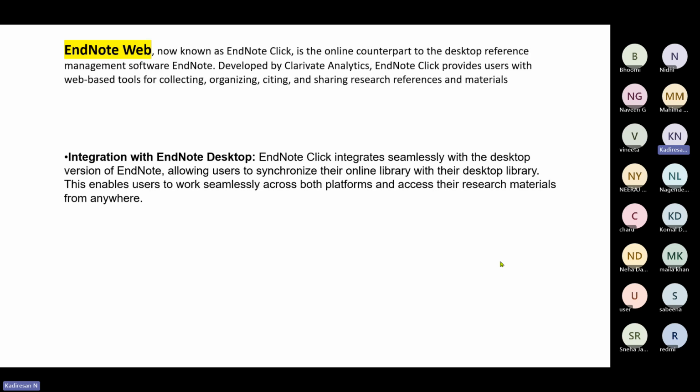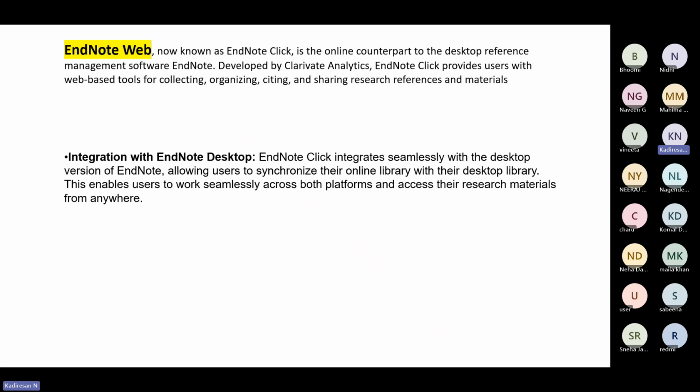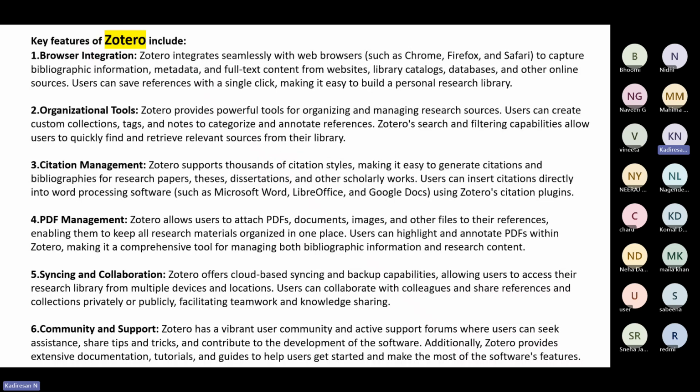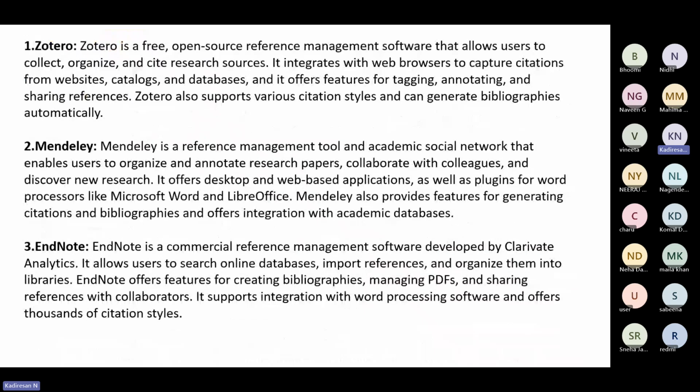EndNote Click integrates seamlessly with the desktop version of EndNote, allowing users to synchronize their online library with their desktop library. This enables users to work seamlessly across both platforms and access their research materials from anywhere. Okay, so this is another advantage of using EndNote web. So I have just given an explanation of Zotero and EndNote. During our practical classes, I will give a practical session on using EndNote and web Zotero reference management